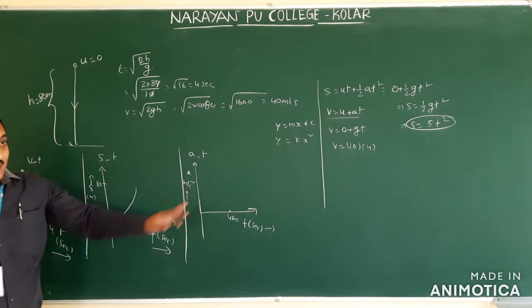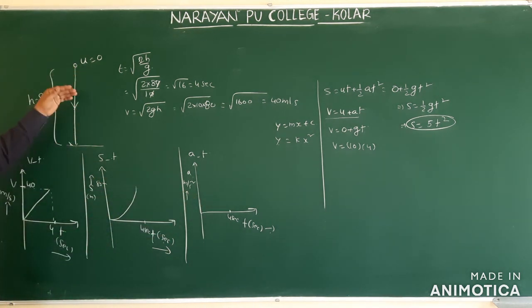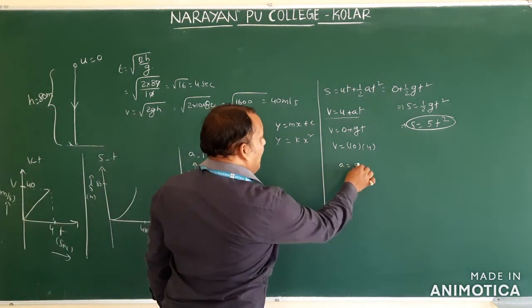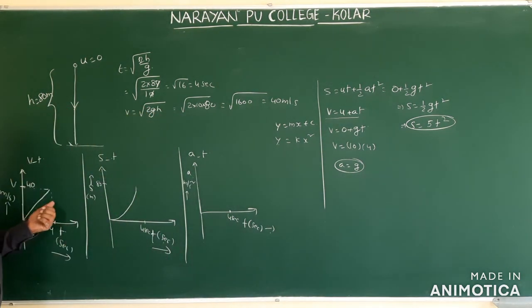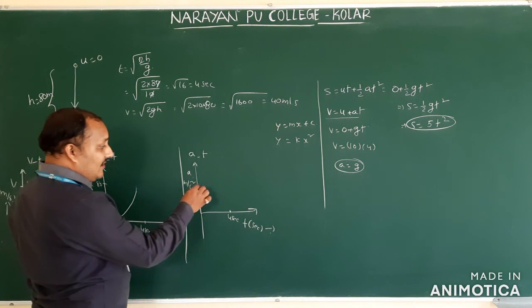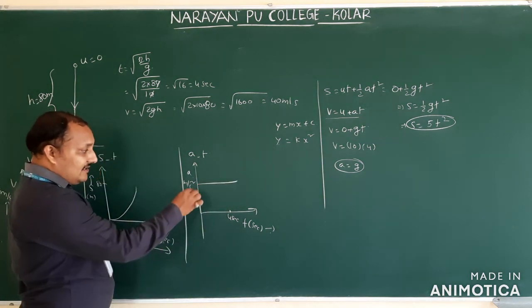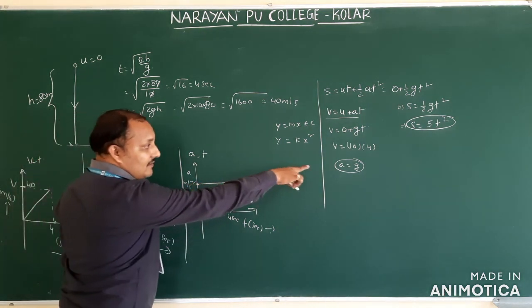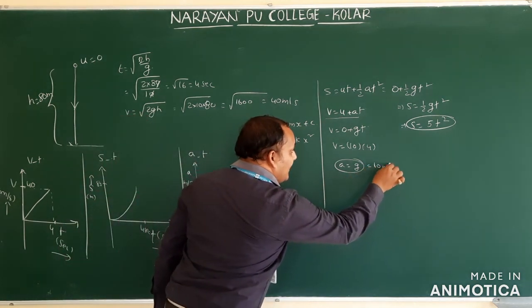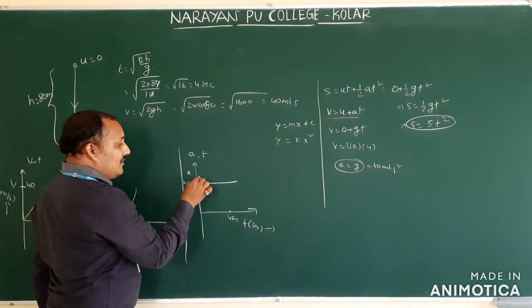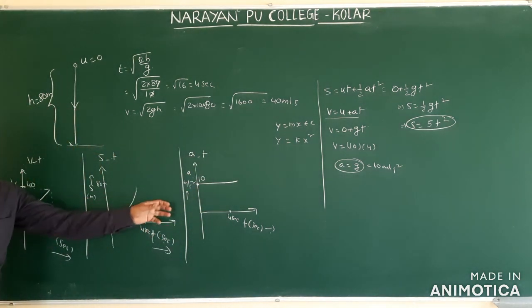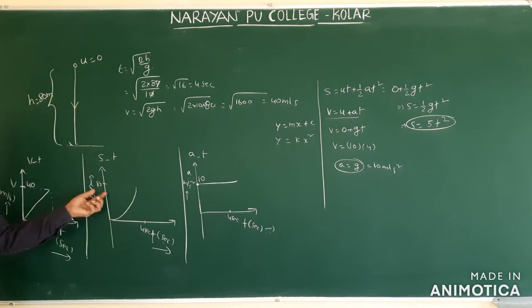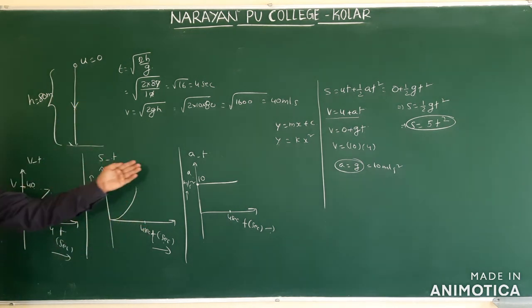Now we should get the acceleration-time graph. Whenever it is moving, with what acceleration? Acceleration is constant. What is its value? A is equal to g. Acceleration is constant, so how will we draw the graph? We will draw like this. Then how much is this value? A is equal to g, which we have taken as 10 meters per second square. This value is going to become 10. So this is the graph for a-t. These three graphs indicate, in the case of a freely falling body, displacement-time, velocity-time and acceleration-time.